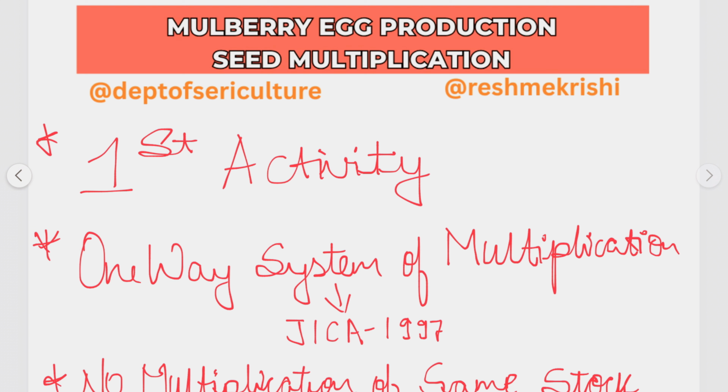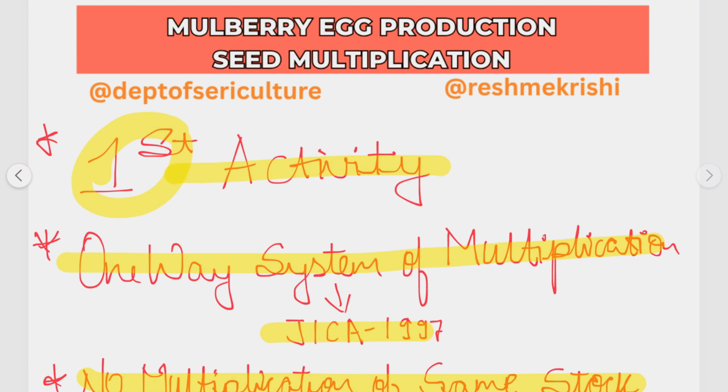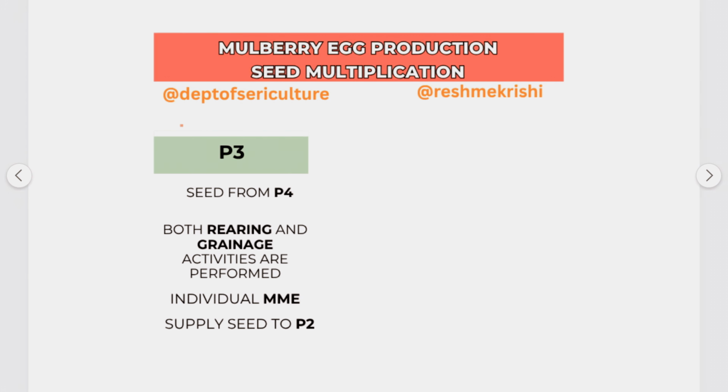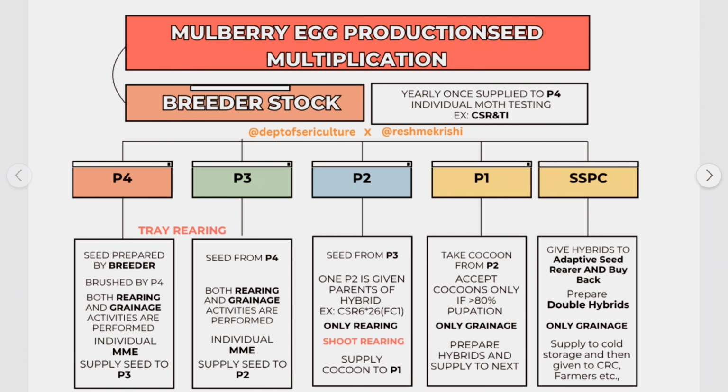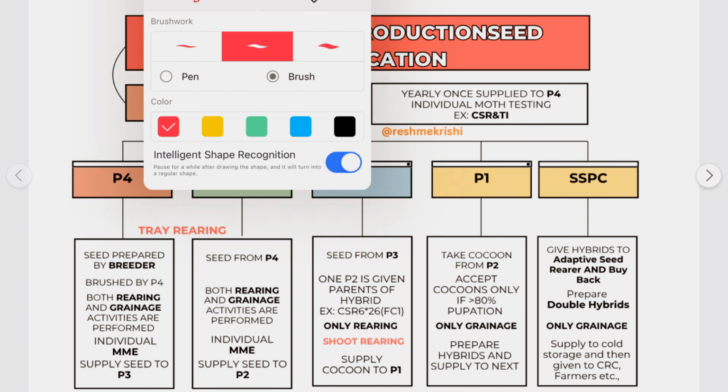Today we are discussing mulberry egg production and seed multiplication. As we all know, it is the first activity in the egg production or in the sericulture industry. Here we follow the one-way system of multiplication which was introduced under the JICA in 1997. Here the rule is no multiplication of the same stock. So let us see what seed multiplication is and how it is performed in our sericulture industry, particularly in mulberry